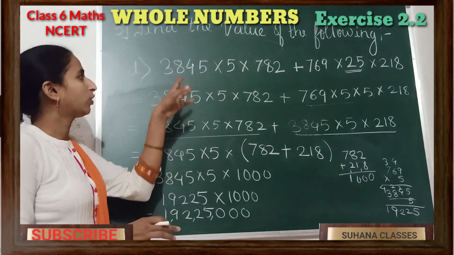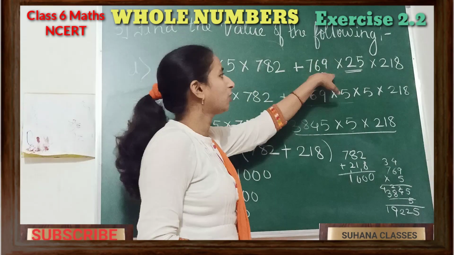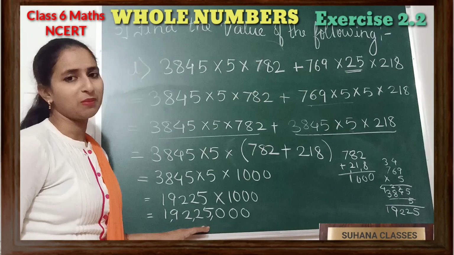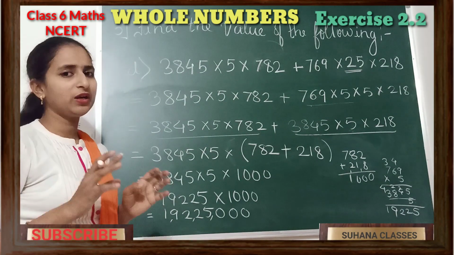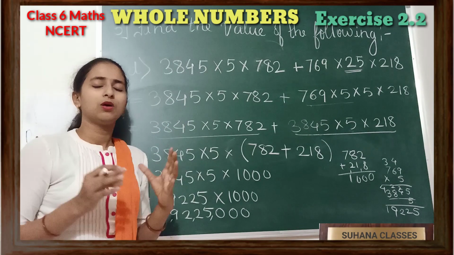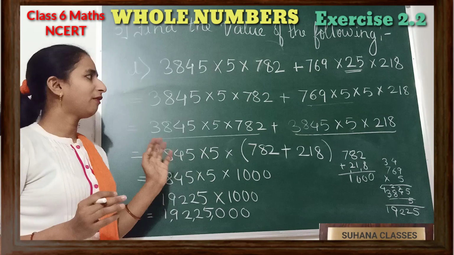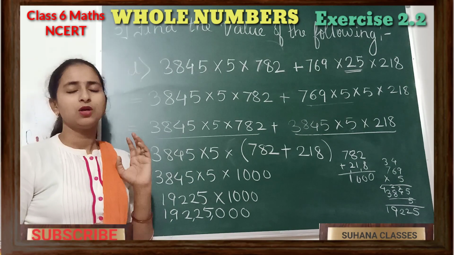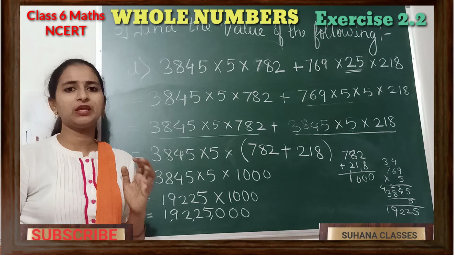If you want, you can just multiply these two groups and add and check your answer whether you get the same answer or not. So this we did very easily. If you do by that way, you feel it more difficult. So this we have done by a very easier way. So if you follow by properties, you can do the calculations very easily.